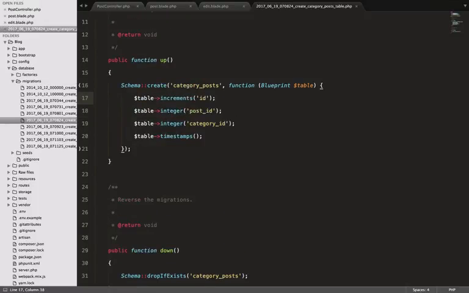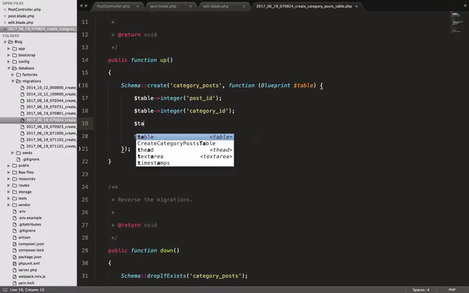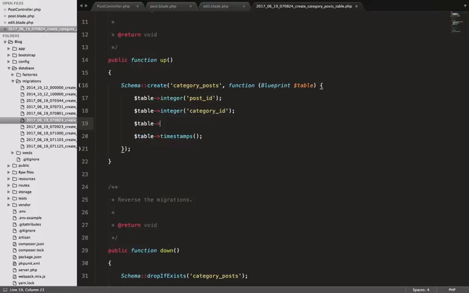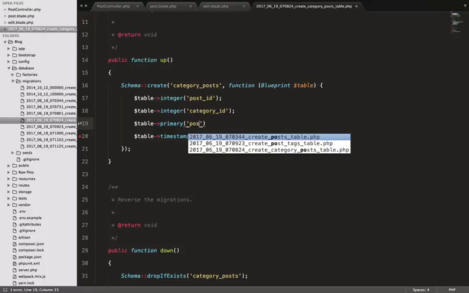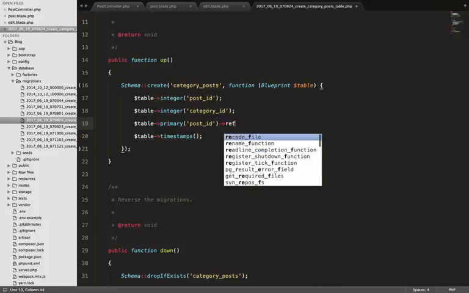Here we don't need any incremental value because it's just a relationship, so we don't need that. But along with this, we have to say table arrow primary. The primary key is post_id, which is